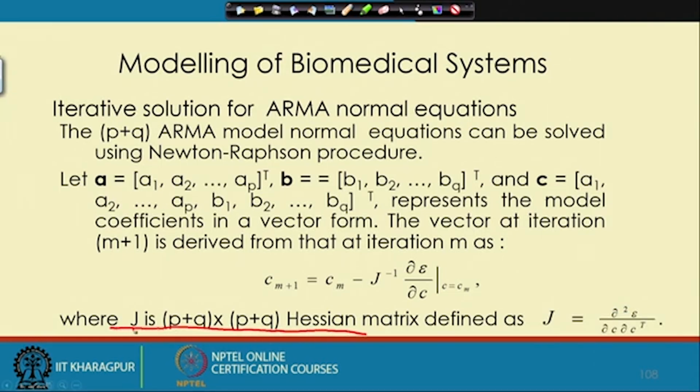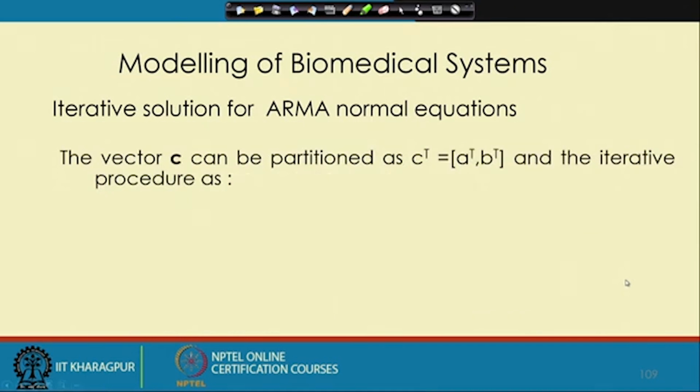J is the Hessian matrix, that means we are taking the double derivative of the error eta with respect to C, and we compute that at a point C equal to Cm. Okay. So, once we compute that, we can update that value, and this way we can actually compute,